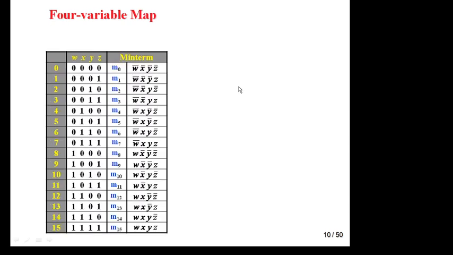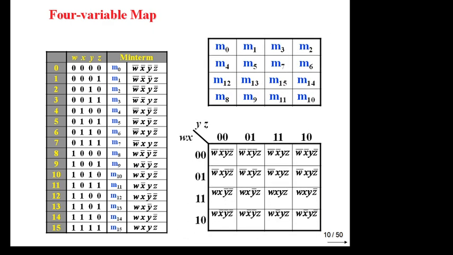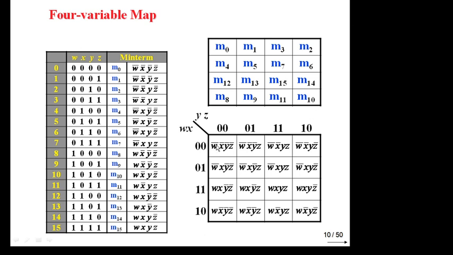Now 4 variable K-map. In case of 4 variable K-map, there are total 16 cells, okay, from 0 to 15. You have to again remember third row and third column is highest one, okay. This is WXYZ, okay. W is MSB and Z is LSB, WXYZ. Accordingly you can take a b c d, a b here, c d here. Accordingly, so you have to determine this value,